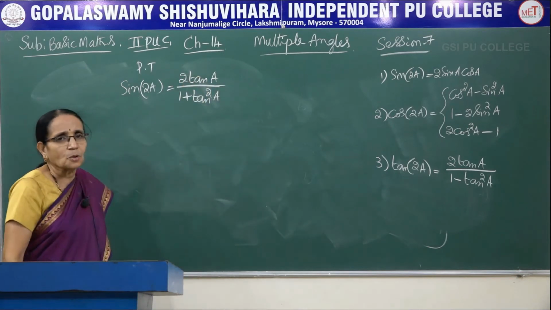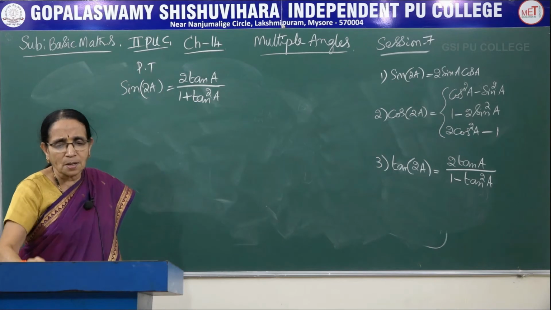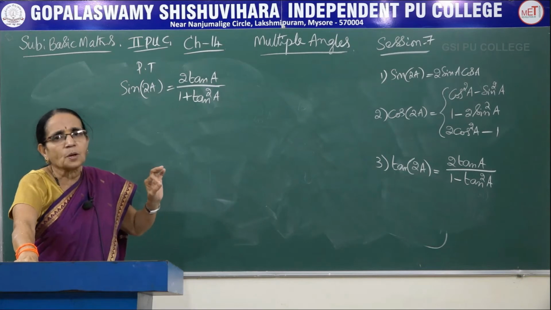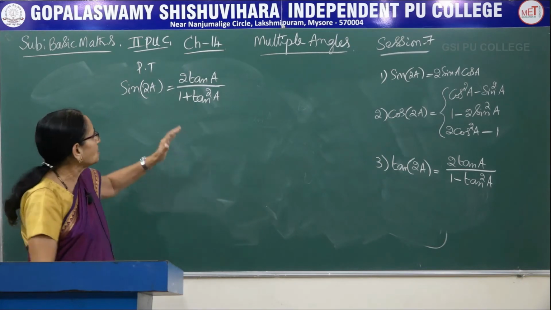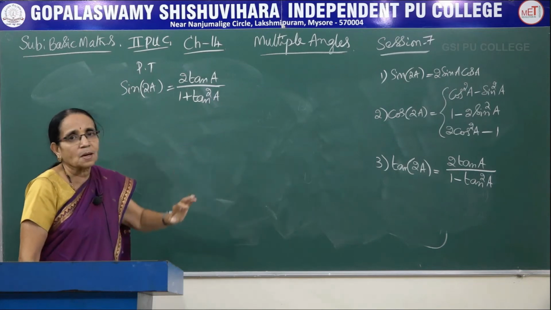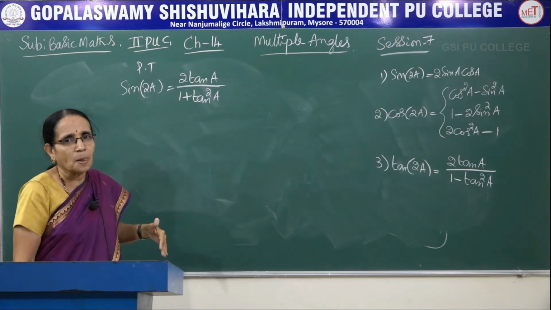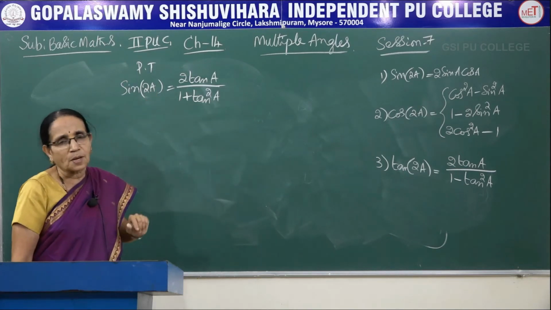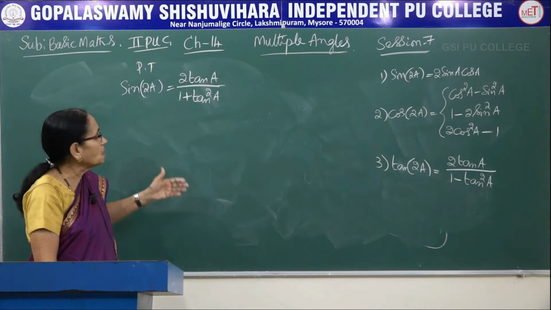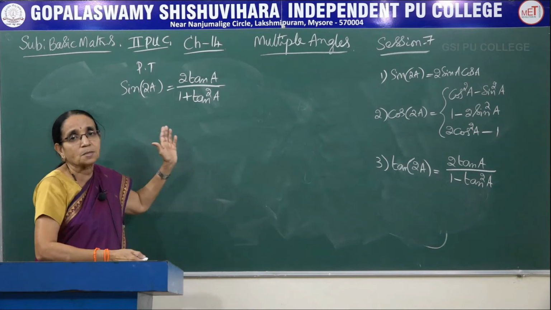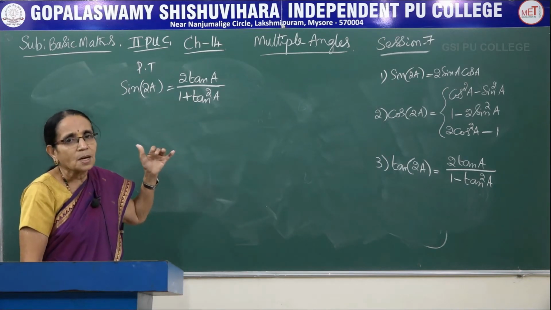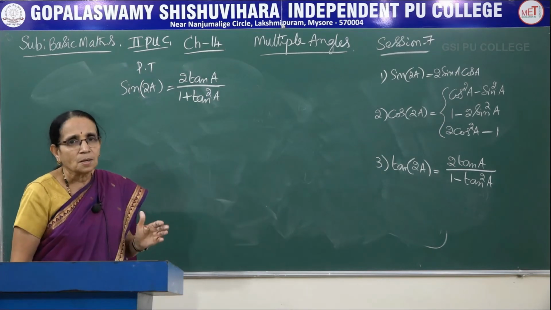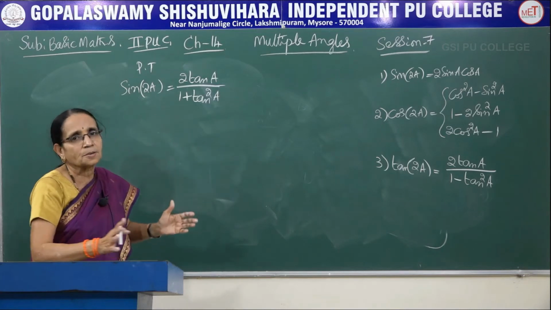In the earlier sessions, whenever I had proved certain results, I told you repeatedly that in most of the problems, maybe about 90%, we start from the left hand side and arrive at the right hand side. That's the usual procedure we adopt. Sometimes we start from the right hand side and show that it is equal to the left hand side. In very rare problems, because it will be difficult to get from LHS to RHS or RHS to LHS, we simplify both the left hand side and the right hand side, arrive at a common result, and then show that the LHS equals the RHS.